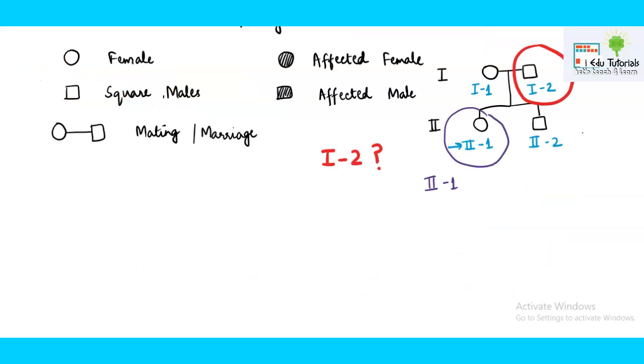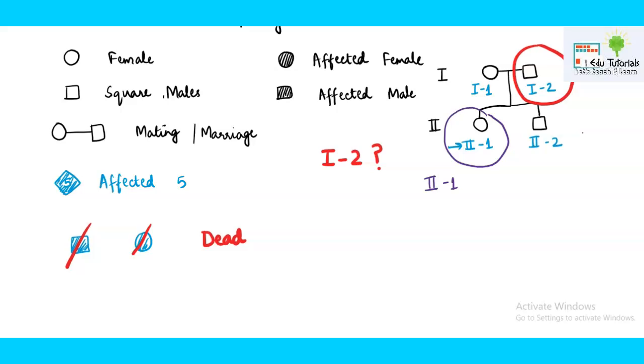Besides this, sometimes they may give you a dark square or a dark box with 5 written in it. That means the affected individuals are 5 in number. Sometimes they may give you a dark square or a dark circle and they may cut it. Cut means the individual is dead. That means he or she is no more.